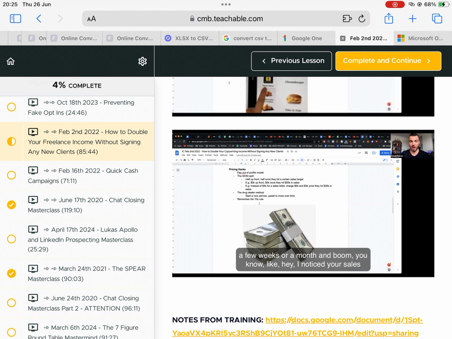Okay. And then you do their ads for a few weeks or a month, and then boom, you're like, hey, I noticed the sales page. I think it'd be stronger. It's only converting 0.5%, should be converting at ideally 1%. I could actually, if you want me to, I can go ahead and rewrite it and you do the 50-50 split thing. And you're like, it'll be $5 grand up front. And then, to make sure I have some skin in the game as well, don't pay me the other $5 grand until we hit 50 grand sales. And they're like, okay, let's give it a go.